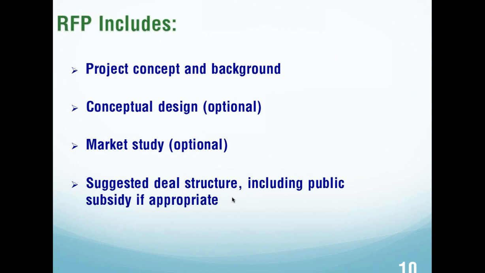You may not want to suggest the details of a deal structure, but what we often tell our clients is, if you know there's going to be public financial participation involved, then say that very specifically. Say, we've done our study. We know that this is going to take public participation in some form or another. We have identified the following tools as possible inducements for the project. Those include, say, tax increment financing, tax rebates, tax abatements.